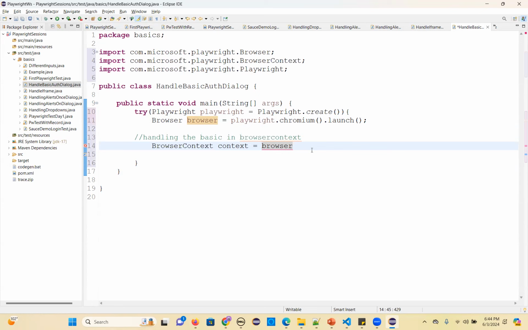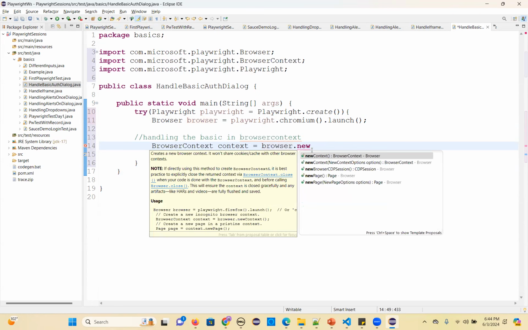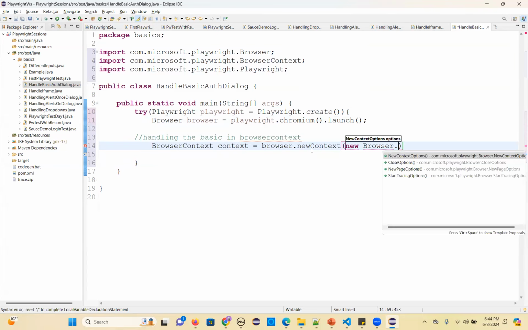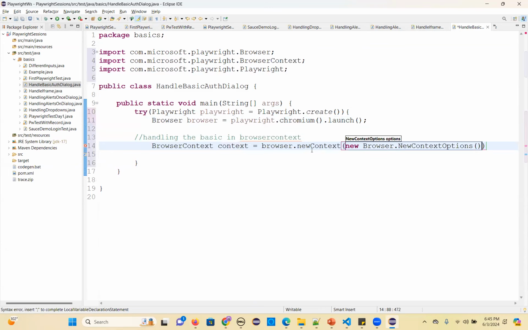Make sure you import new context. Select new context with the options, because we have to give options, right? So take the new browser dot new context, with new context options, new context options dot